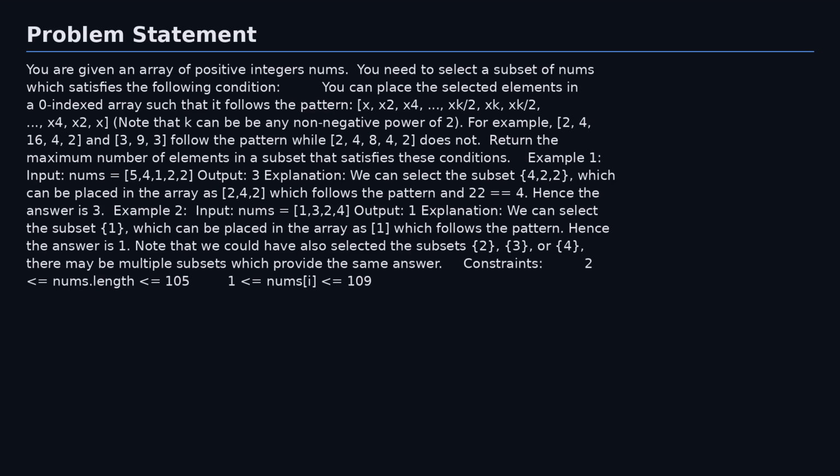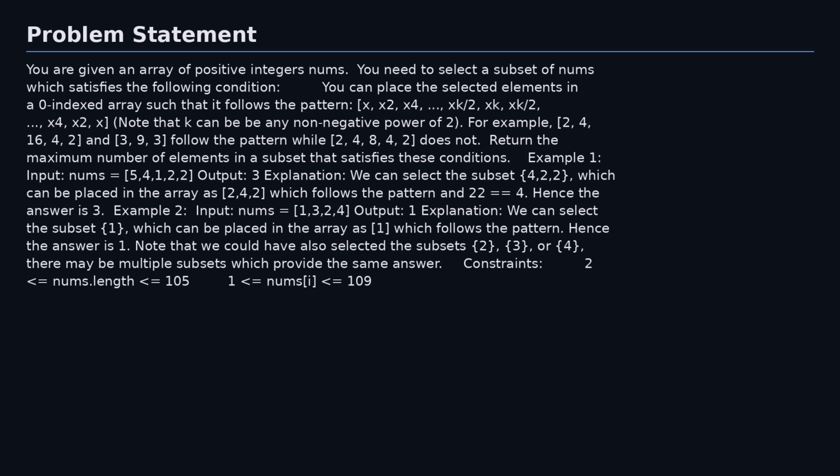The problem statement asks us to find the maximum number of elements in a subset where each number is half of the previous one. We're given an array of integers, and we need to find the longest sequence of numbers that satisfy this condition. It might seem a bit tricky at first, but don't worry, we'll break it down step by step. To solve this problem, we need to find the longest sequence of numbers where each number is half